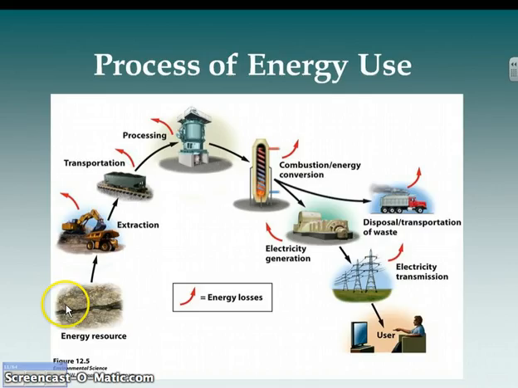So our process of obtaining energy starts on the left, with our energy resource being extracted. It needs to be transported somewhere, processed, refined, and converted, and that will usually be used to generate electricity. We can see the electricity transmission through the power lines and then eventually to the person. And we can see that all along the way we've got those red arrows, and those red arrows are our energy losses. And that can be in a wide variety of forms, anything from heat to pollution, particulates, and carbon